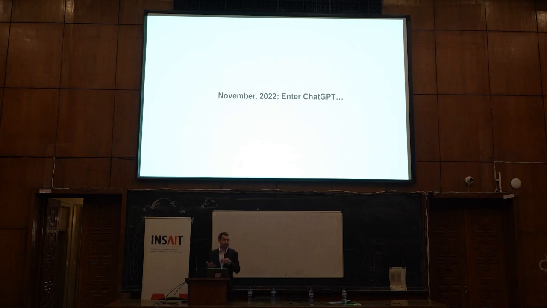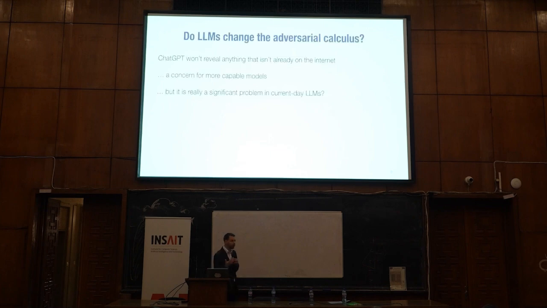Now, I think it's a fair question to ask whether ChatGPT really changes things. And this is the point I made earlier, right? ChatGPT will not give out any information that's not already on the internet. It's trained on data from the internet. Maybe in the future, and I think actually it will be the case, this will be a concern for much more capable models. So if a model can just study a physics textbook or a chemistry textbook and understand how to make weapons, that might be a problem. But for right now, all the information in ChatGPT comes from the internet, and so the fact that it will tell you information from the internet is not that big a deal.